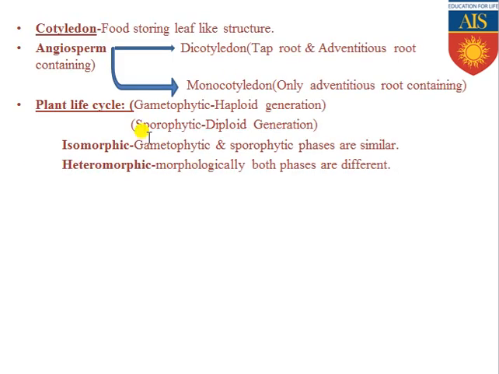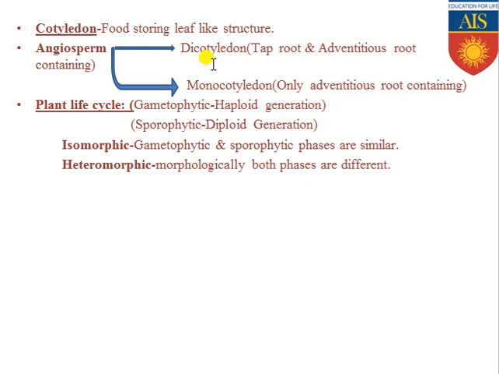The next slide is cotyledon. They are food storing leaf-like structures. Keep it in your mind, the cotyledons can be single or 2, and based on that we have classified the angiosperms into monocotyledonous and dicotyledonous plants. Dicotyledonous plants have 2 cotyledons in their seed, and monocotyledonous plants have a single cotyledon. In dicotyledonous plants, endosperm content is very little or sometimes absent. But in monocotyledonous, only a single cotyledon is present, so endosperm content is quite high compared